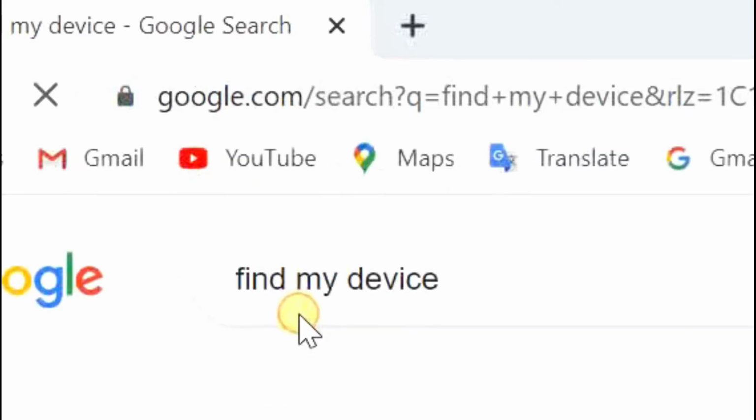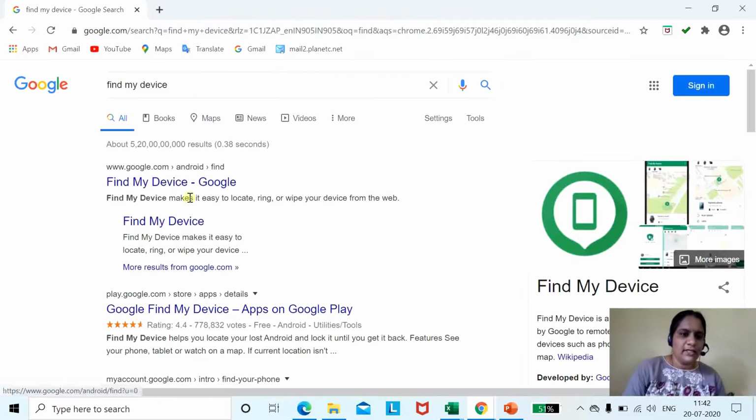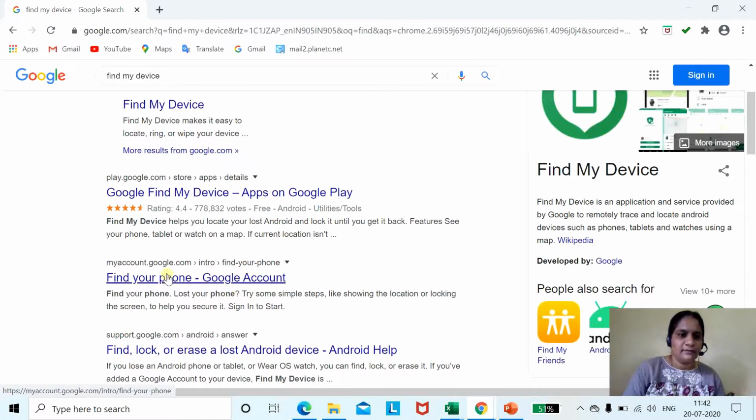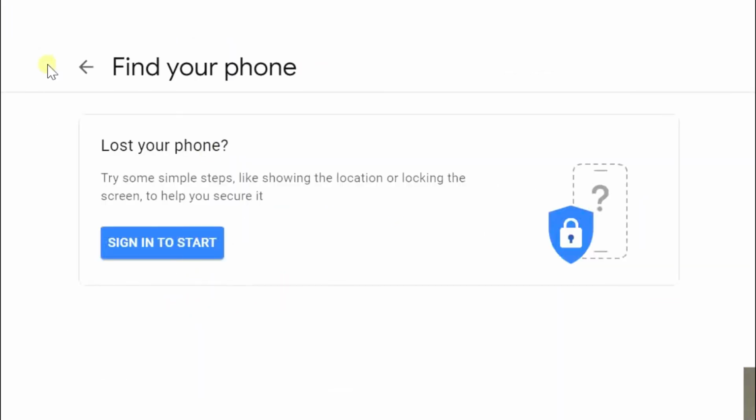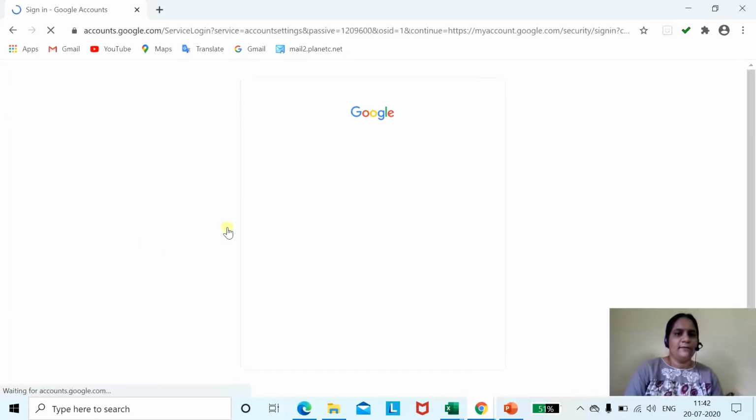Once you click on find my phone, then click here find my phone or find my device. So you have to click on find my phone, then it will ask you find your phone, lost your phone, try some simple steps for searching your phone. So click on sign in to start.